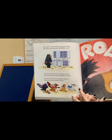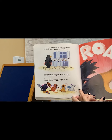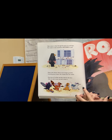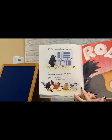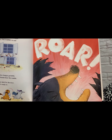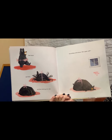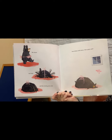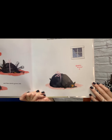Deep in her throat, there's a low, hungry grumble. It slowly grows louder. Her friends hear the rumble. One look at Luann and they dash for the door. After all, she's a bear and she's ready to roar! She fusses and flails and then slowly grows still. Snowflakes drift down. All is quiet until